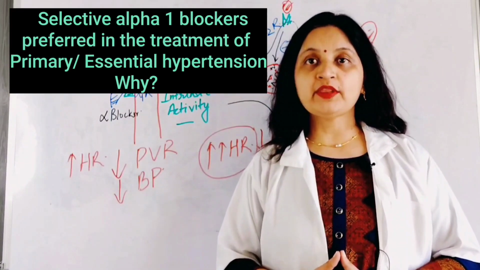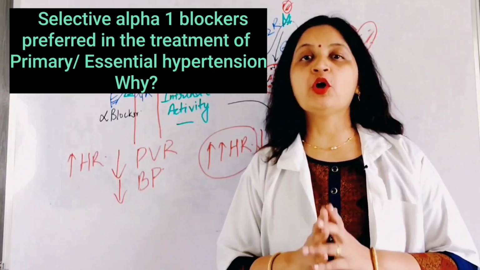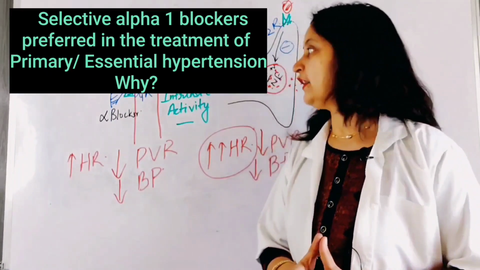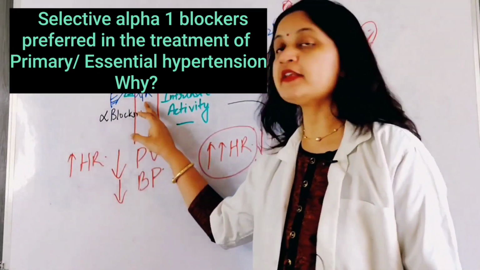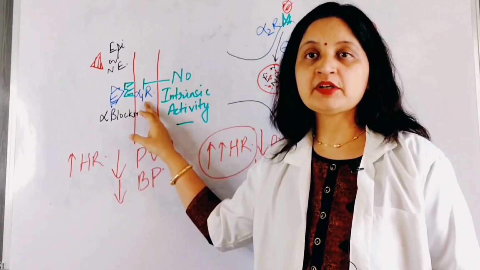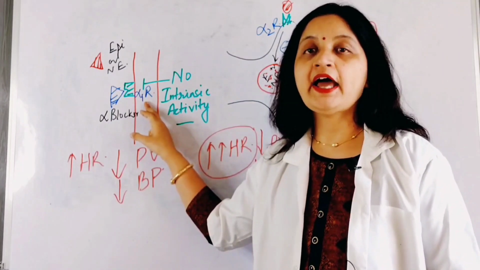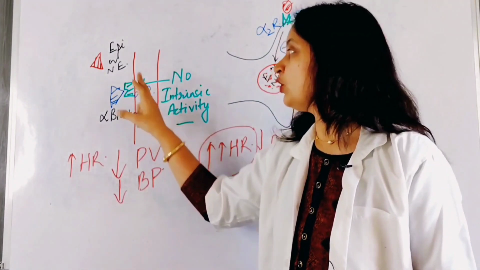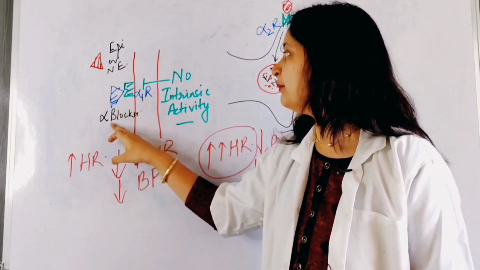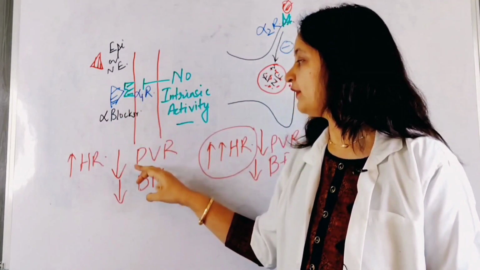So let us understand with the help of a diagram why selective alpha 1 blockers are preferred over non-selective blockers in the management of essential hypertension. As we can see here, alpha 1 receptors are expressed in the vascular smooth muscles and stimulation of alpha 1 receptors causes vasoconstriction, increase in peripheral vascular resistance and the blood pressure rises. So antagonizing alpha 1 receptor with the help of an alpha blocker decreases the peripheral vascular resistance causing a fall